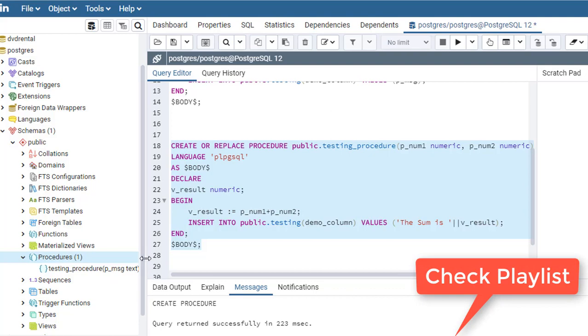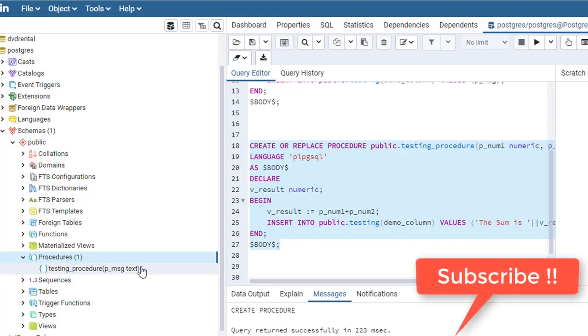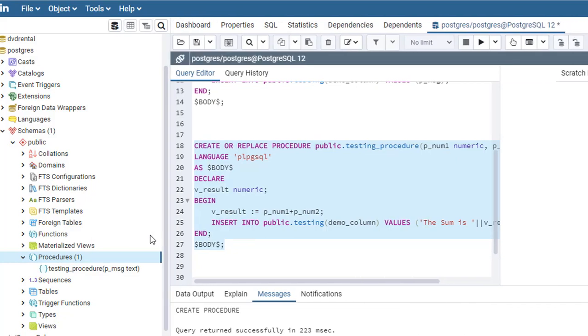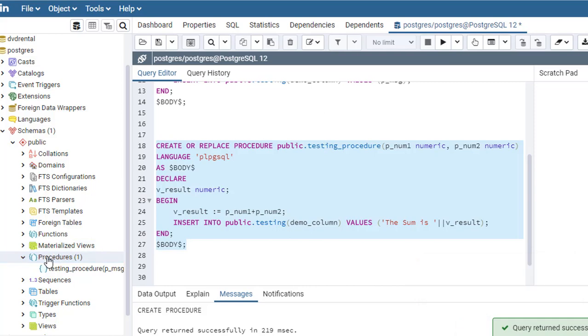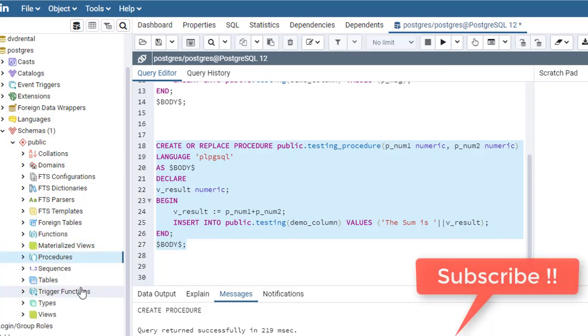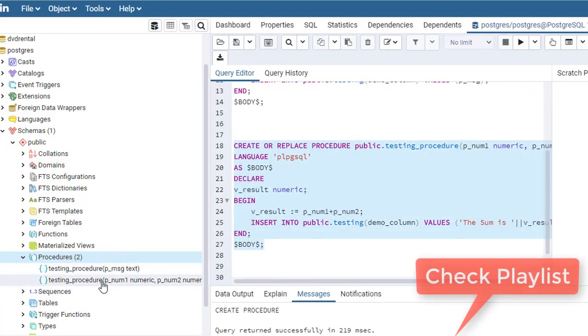See, here you can see the parameter list is p_message, only one parameter, and that is of text type. So let's create it. So it's created. To check whether it's created or not, just refresh that. See here, the name is the same, testing procedure and testing procedure, both names are the same, but they differ with